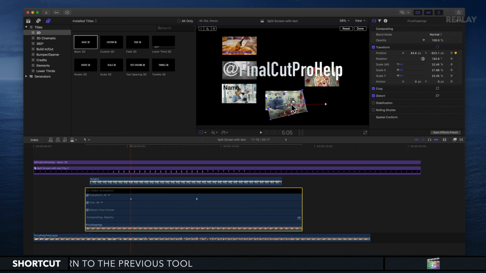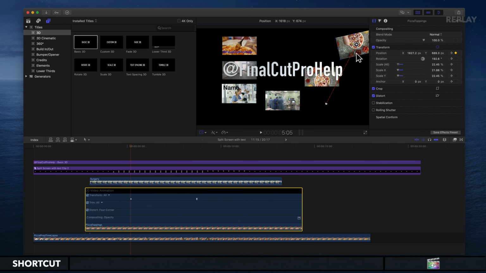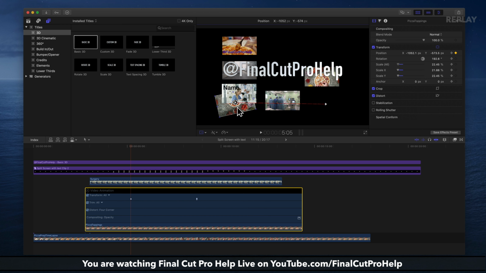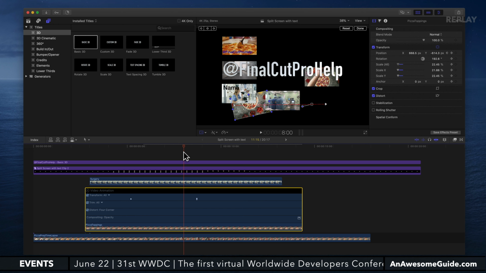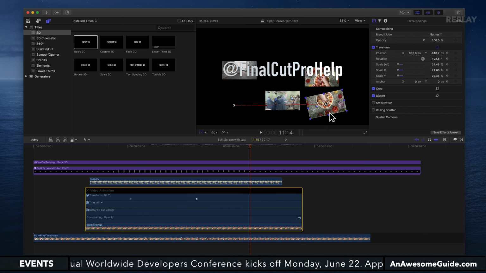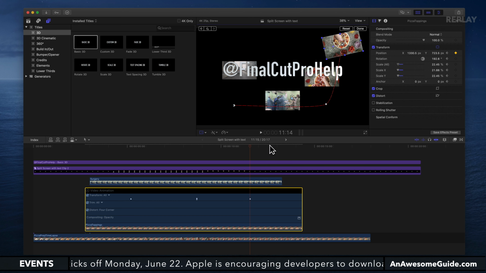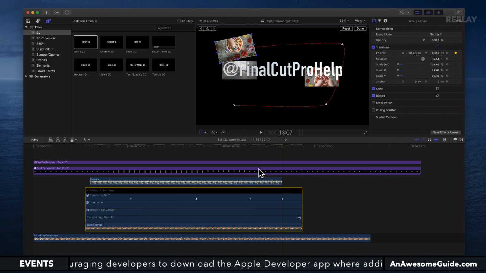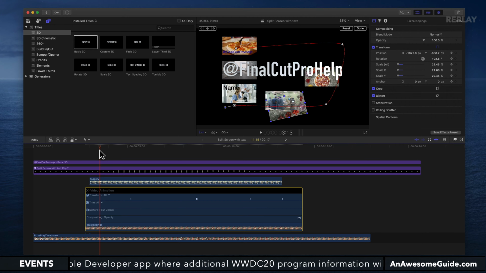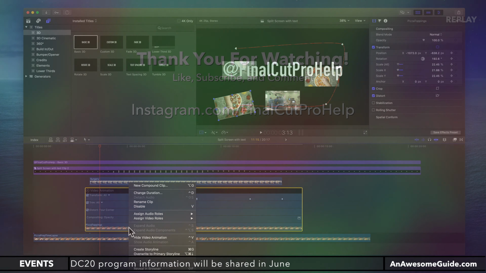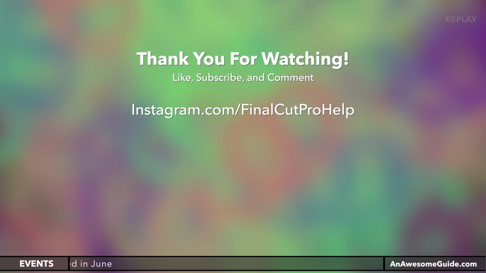And as I move it, because I'm using the transform tool, notice we get that red line around, which actually lets us see the path that this clip's going to take. And on our video animation, we see the keyframe's been added there as well. So pretty straightforward there. Not too much else to worry about. And again, I can drag it forward and move the clip again. Go a little bit further, move it again. And now as I skim through the project, it's animated around and it's actually following that path. Just to make this a little